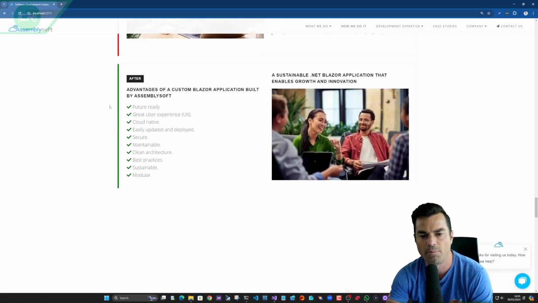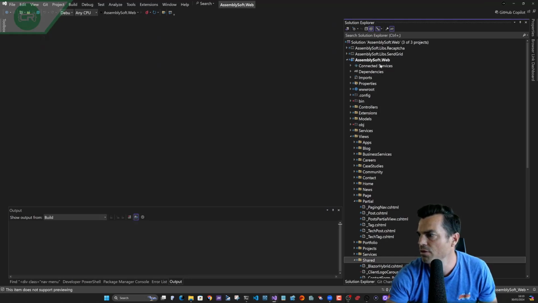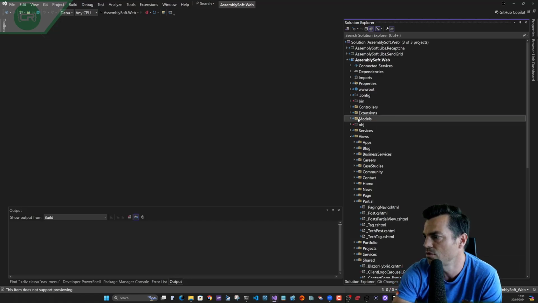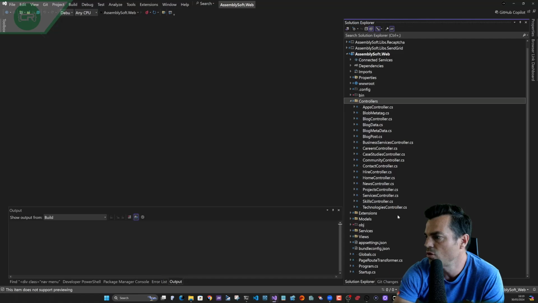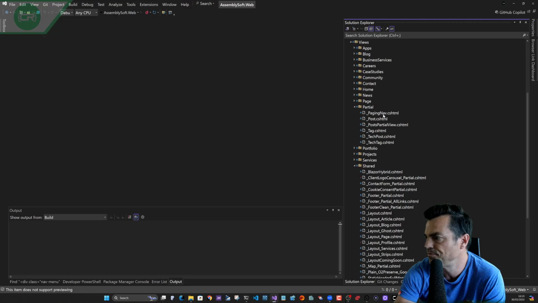If we now just jump back to the code, we can actually just have a quick look at the way that the project is organized. So just following the MVC pattern, we've got the models folder, the M, we've got the views here, and then we've got the controllers as well. So these are our different endpoints that you can see here, kind of broken down by the main areas of the site. And then if we just kind of drill down into the views a little bit, we can see